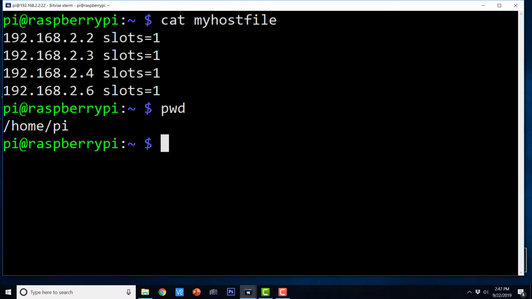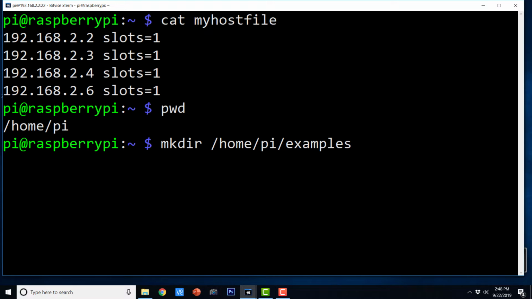We need to run a single command to create a directory, and that command is mkdir, providing the absolute path of the directory to be created, /home/pi/examples. This is the path of the home directory.